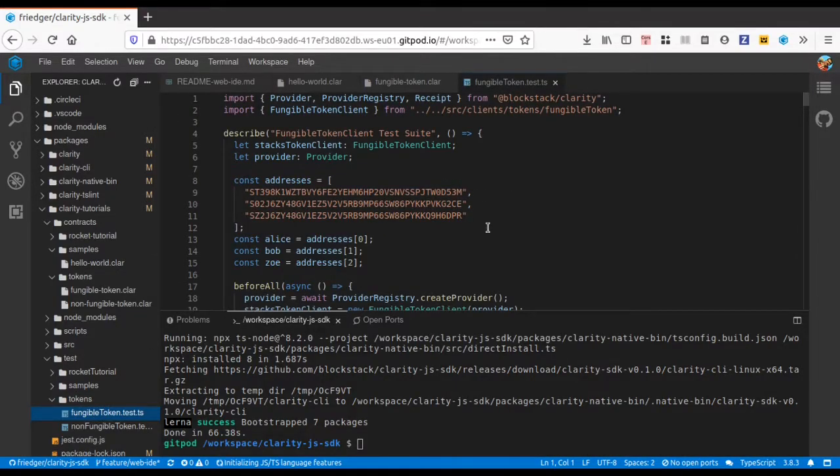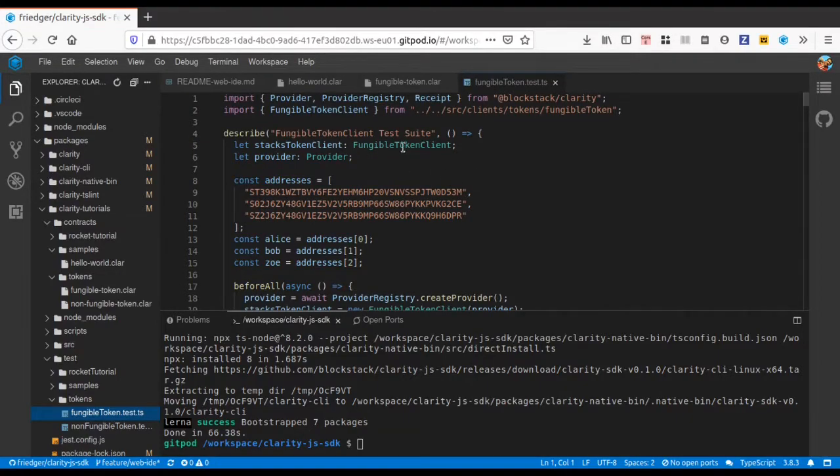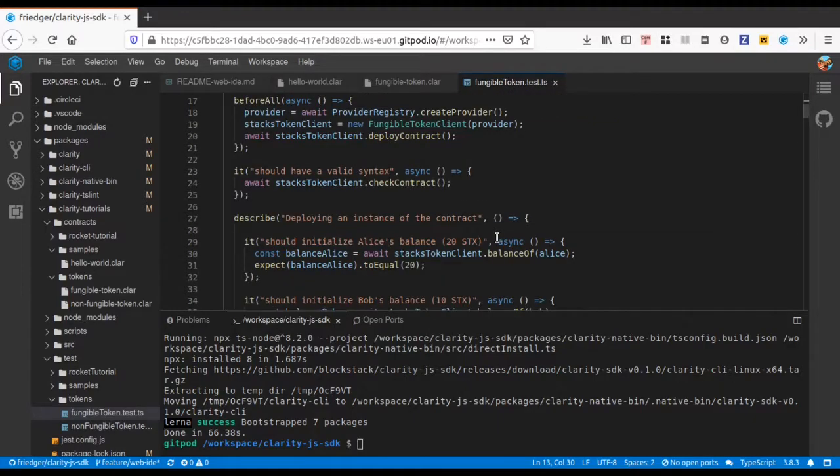And in these tests, we use a client, a fungible token client that simplifies all the different calls. For example, the client has a deploy contract function or has a function to check the balance of an address. If we want to use and run these tests, we change to package Clarity tutorials,